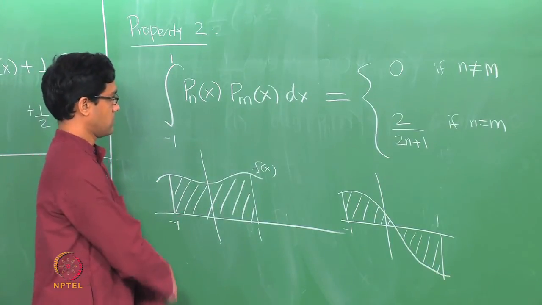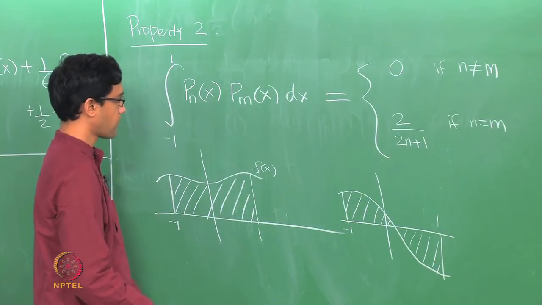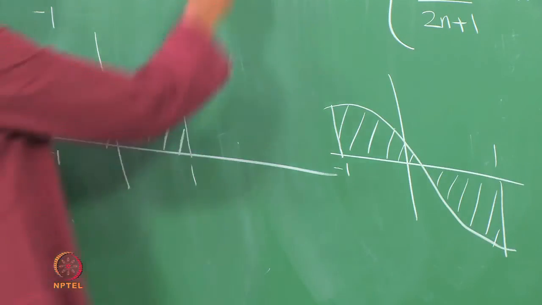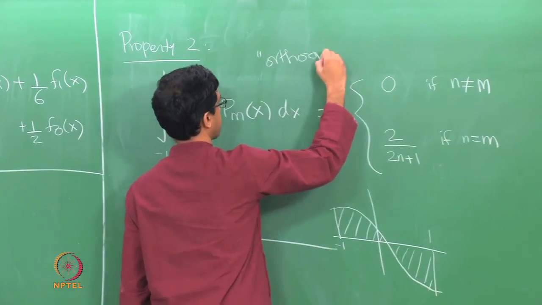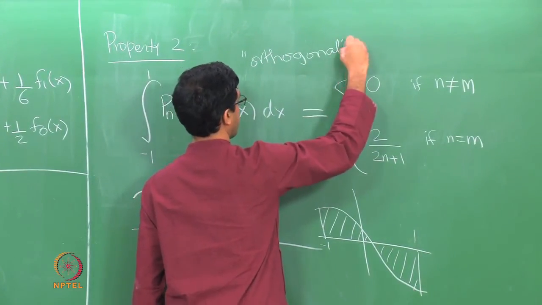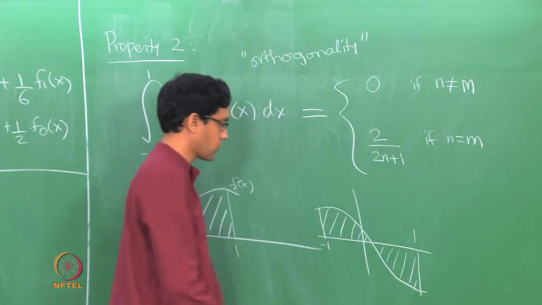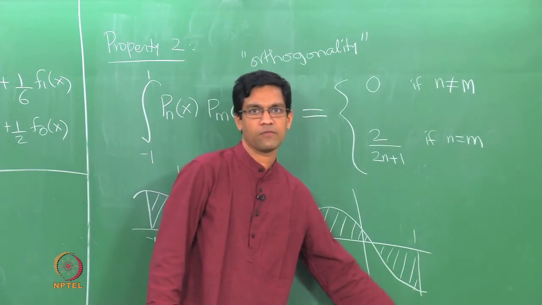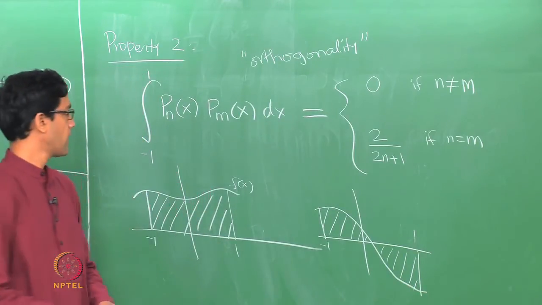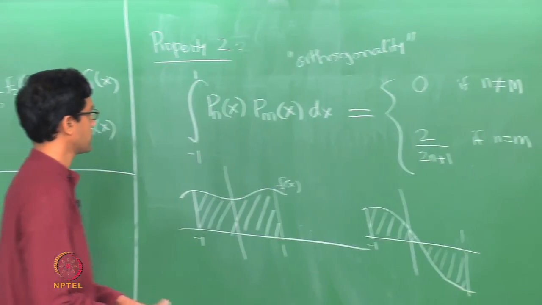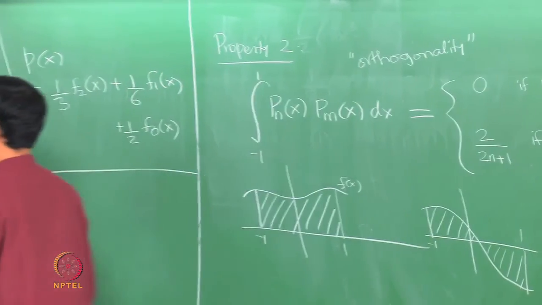So this is sort of an important property of the Legendre polynomials. Sometimes it goes under the name of orthogonality. So recall we talked about orthogonality, the term orthogonality, when we talked about this whole 0-1 idea in some sense, and this is very similar again. This is quite related to that.